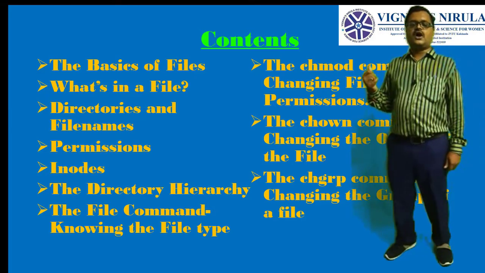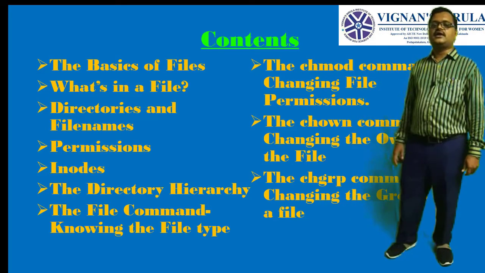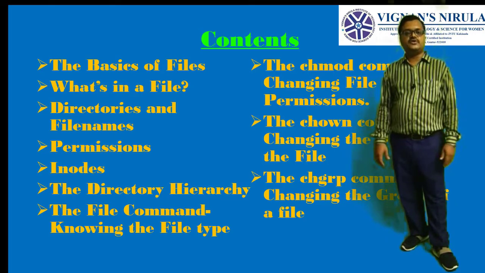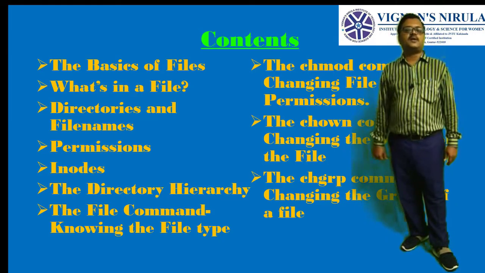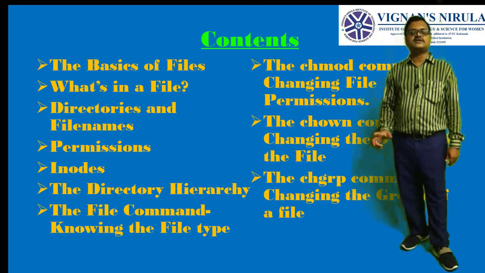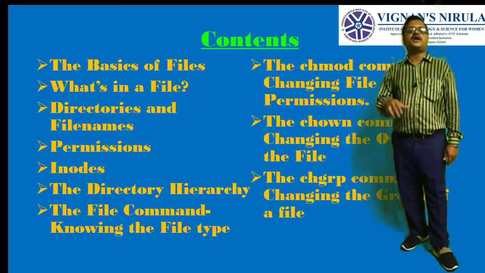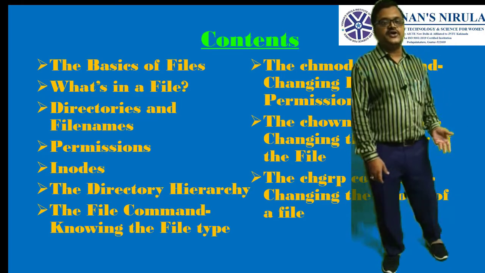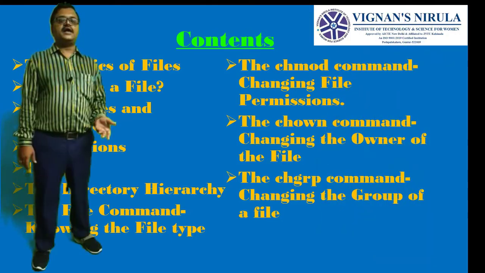After that we will see the directory hierarchy. Normally till now we know that there are several commands we execute in Unix. So where are these commands coming from? What is the path associated with all these commands? Are all these commands present in the same place or in different places? The answer to this question we will see in a topic called directory hierarchy.